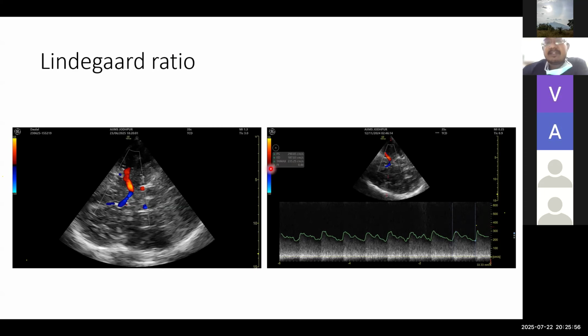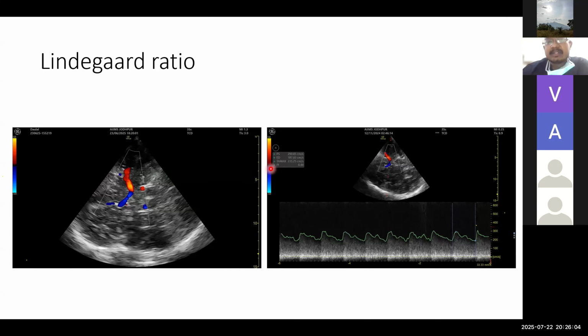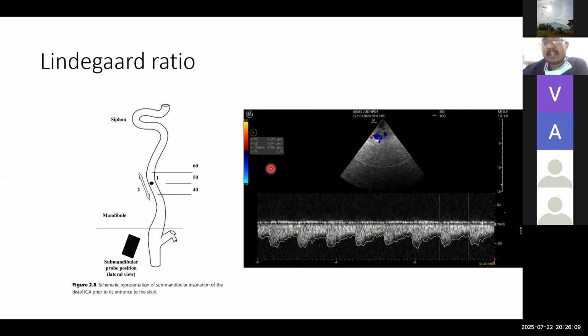Next, I've taken a submandibular window using the same probe. I've used a phased array probe for insonating the transtemporal window, and I'm using the same probe for insonating the extracranial internal carotid artery through the submandibular window. Now the trick is that